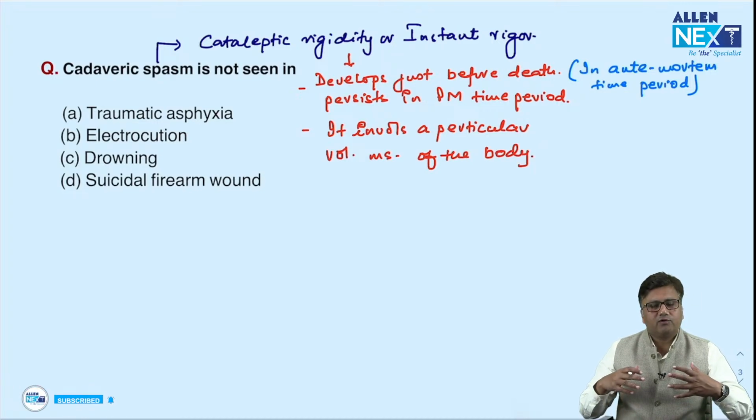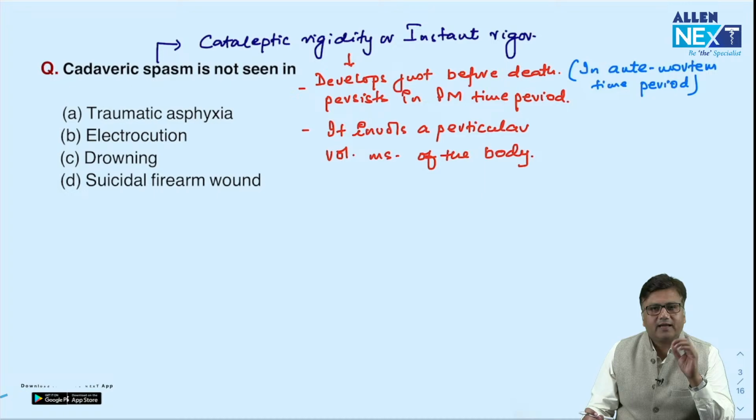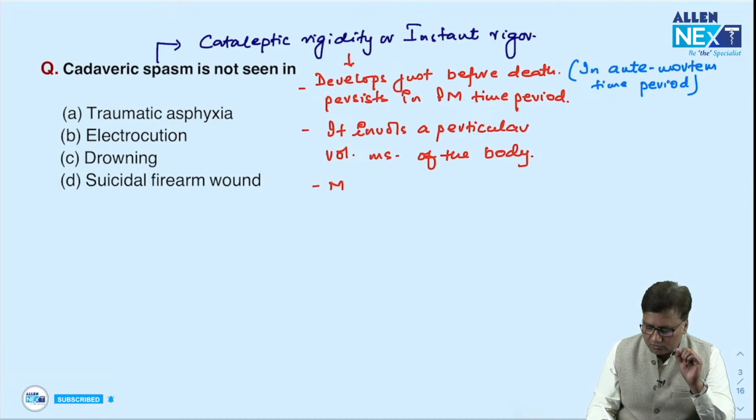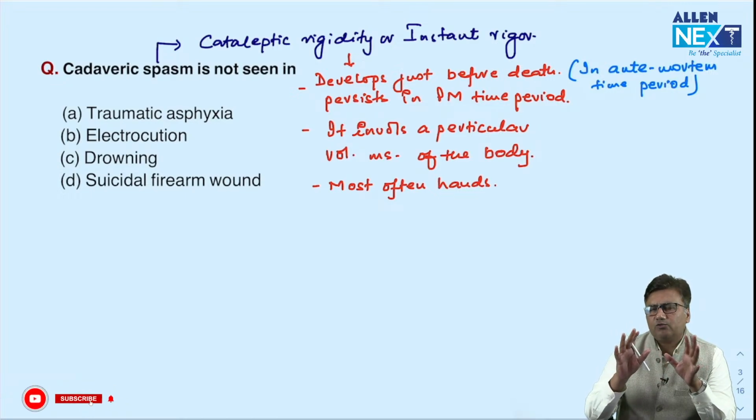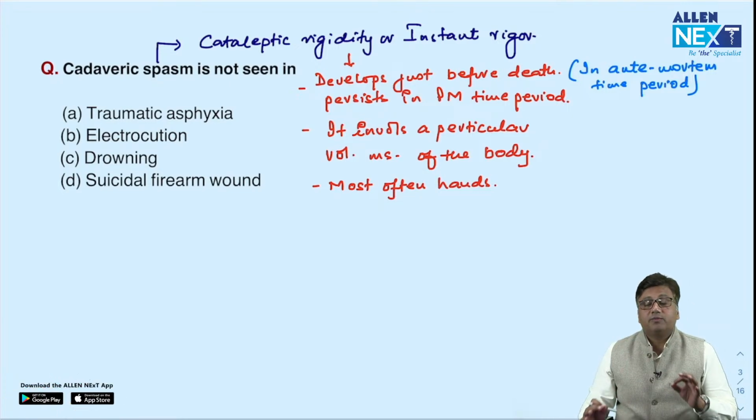So, it is not going to involve all the muscles of the body as we see in developing rigor mortis. Cadaveric spasm involves only a particular muscle of the body, most often hands. Okay. So, these are kind of 2-3 very common information, very pertinent and important information